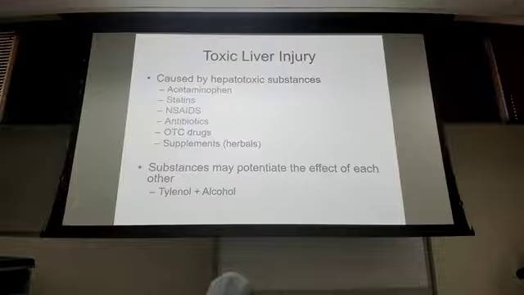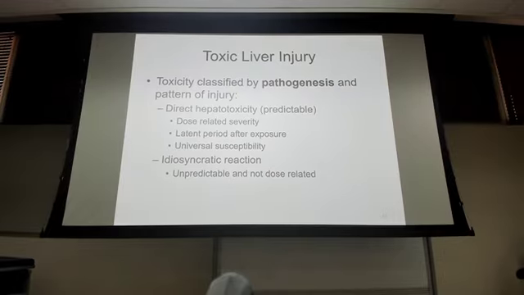Some substances can potentiate the liver injury or hepatocellular toxicity damage when they're on board at the same time, right? Tylenol and alcohol together, bad juju for toxic liver injury. And we'll discuss Tylenol specifically. So basically, toxic liver disease, the toxicity is classified by what's causing it, so the pathogenesis and the pattern of the injury. Once again, what are we talking? Direct